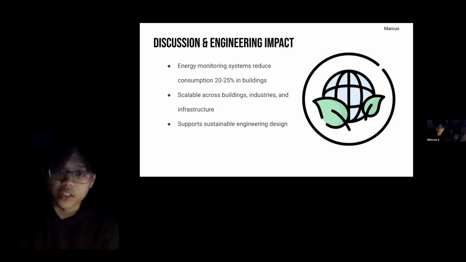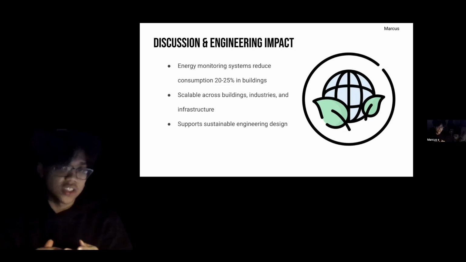For more findings, the energy and resource consumption monitoring systems play a significant role in improving overall sustainability. One of the key results that we found in these systems is that they can reduce energy consumption in buildings by approximately 20 to 25%. And this is mainly achieved by identifying the inefficiencies in real time, such as the unnecessary heating, cooling, or lighting